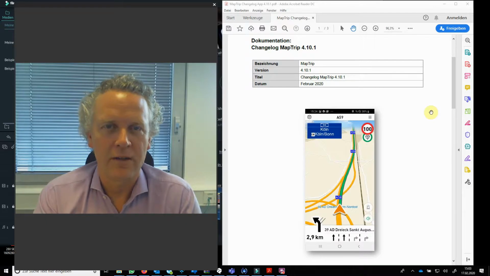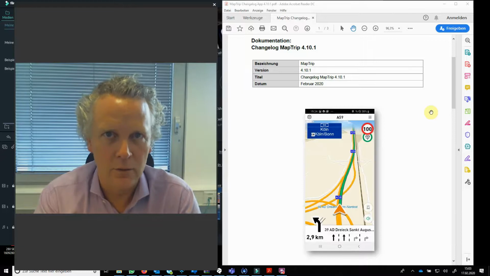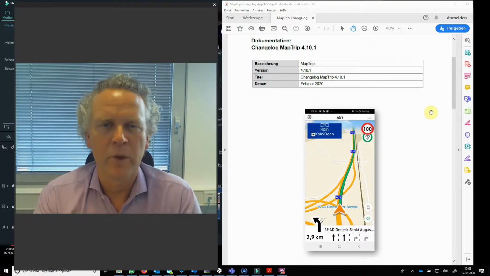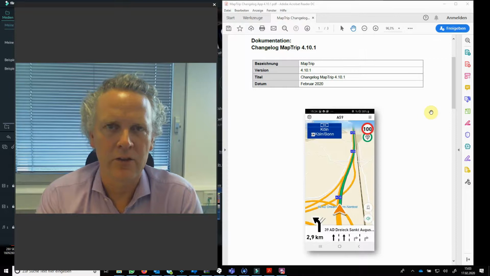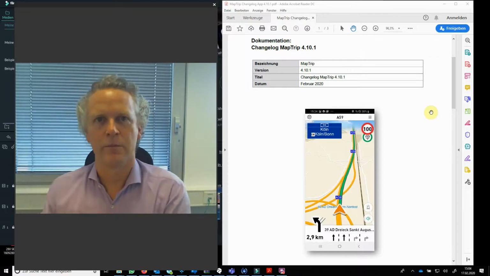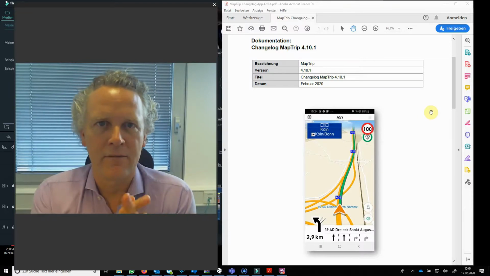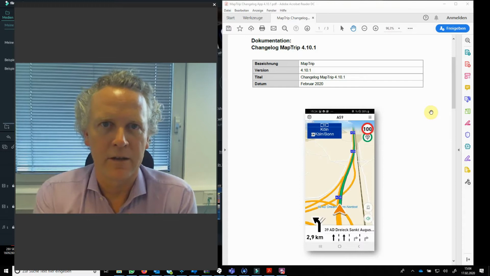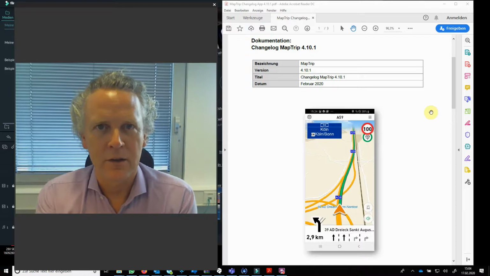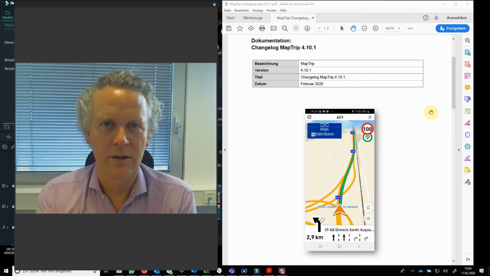The first change is that the APK now is only 50 megabytes in size. Before it was 120 and growing from version to version. What we have done is we have removed the text-to-speech engine from the APK. It is now a separate APK. That has the advantage that if you are updating your MapTrip installations, you only have to update a package of 50 megabytes on each device. If you are doing that to a couple hundred devices, it goes a lot quicker, of